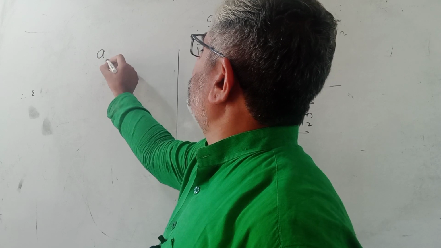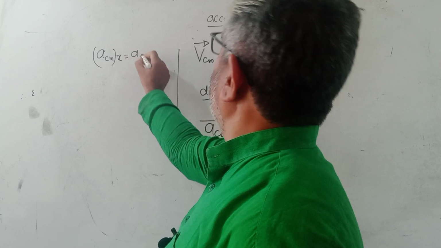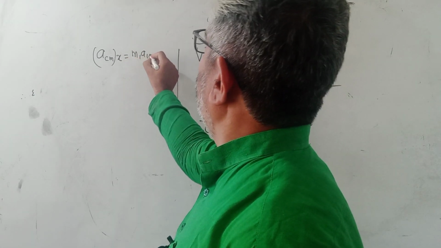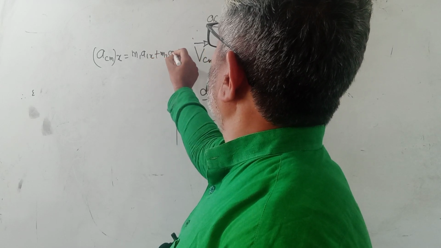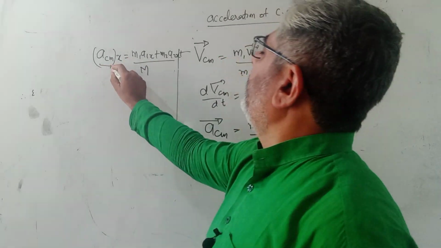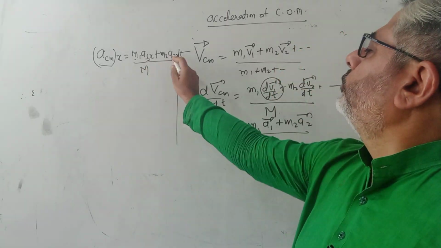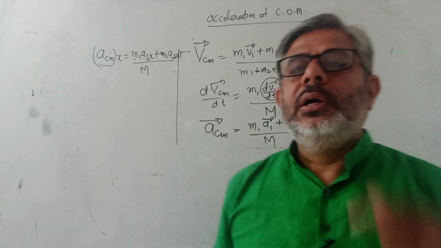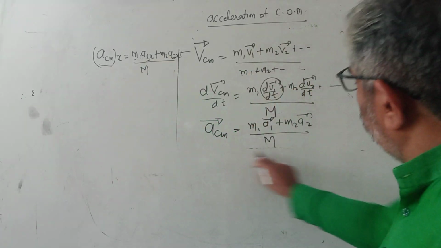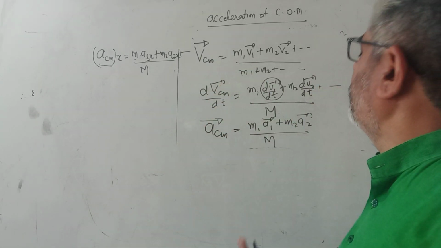So suppose somebody asks you the x component, so you will say x center of mass in x direction is equal to m1 into A1 in x direction plus m2 into A2 in x direction, and so on, upon total mass. So this is the x coordinate of the center of mass equals m1 into x coordinate of the first particle plus m2 into x coordinate of the second particle upon the total mass. So this is the x, y, z also, but this equation is whole in itself. This contains x, y, z all if you put the vector sign here.